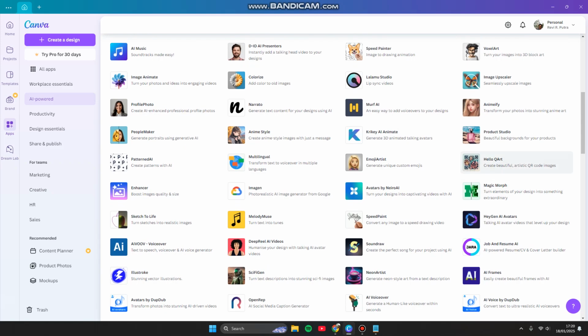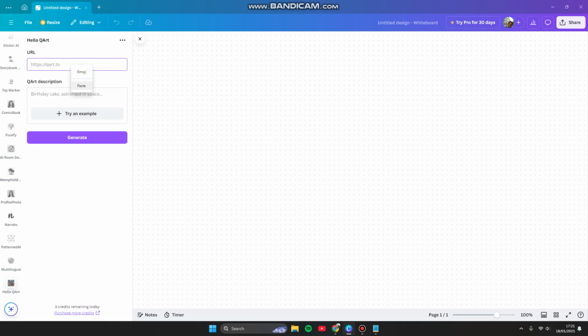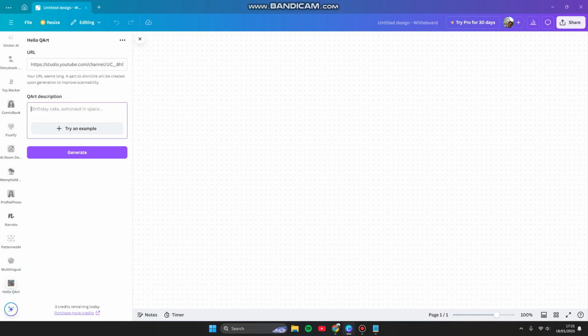Let's start by clicking Use in new design, and here you can paste the URL, for example, and here, birthday cake. This is like an example, forest overlooking a snow-capped mountain, for example. Here there is a